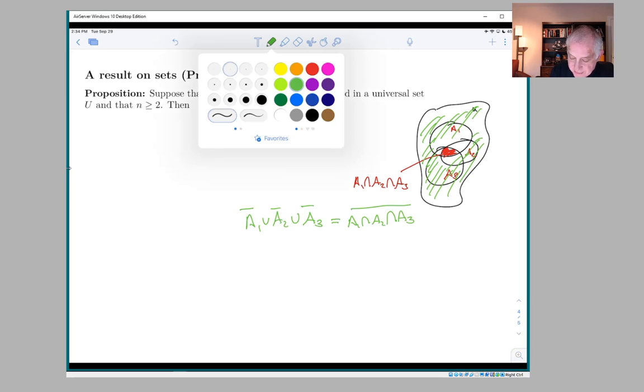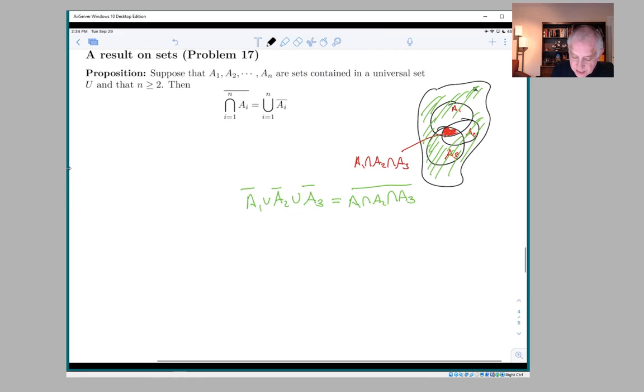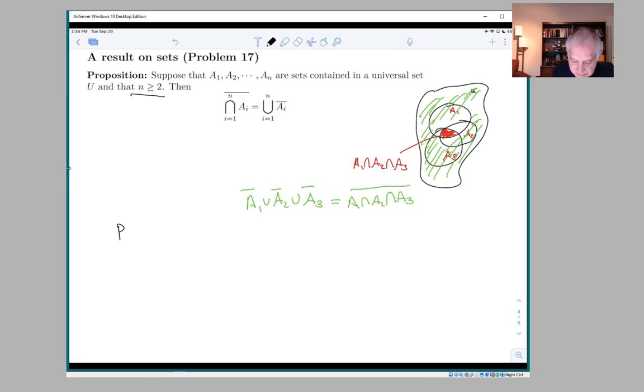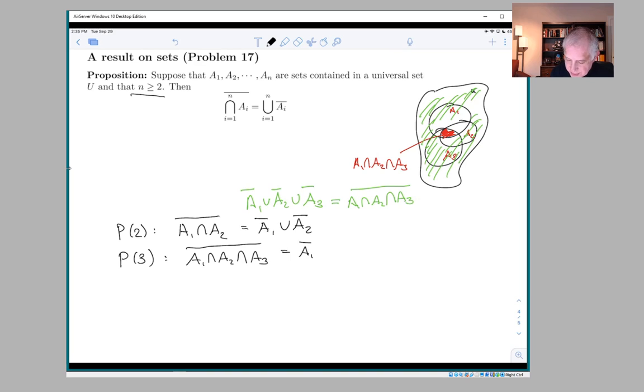A problem because we have this n in there. And you notice here that n is bigger than or equal to 2. And remember, I remarked you can start at 2 and then go on upward. And the axiom of induction in that case becomes, so let's first say, what is P of 2? P of 2 is the statement that the complement of A1 intersect A2 is A1 complement union A2 complement. P of 3 would be the complement of A1 intersect A2 intersect A3 is A1 complement union A2 complement union A3 complement,